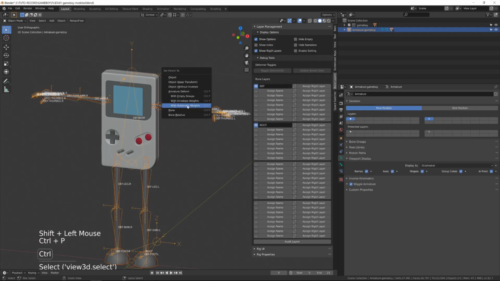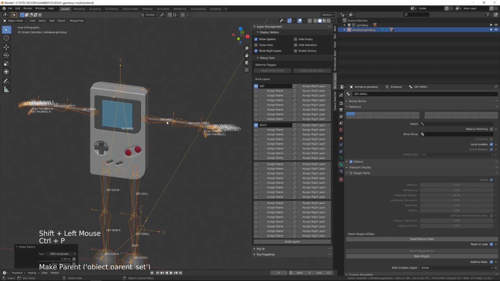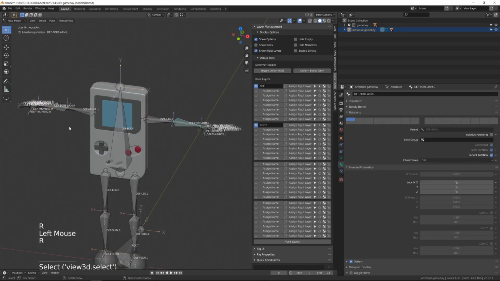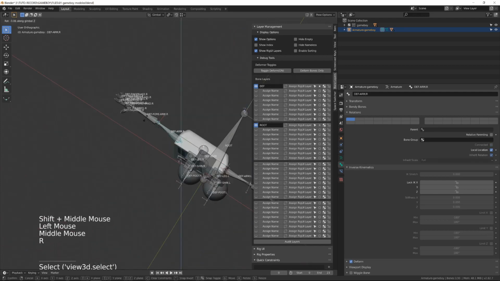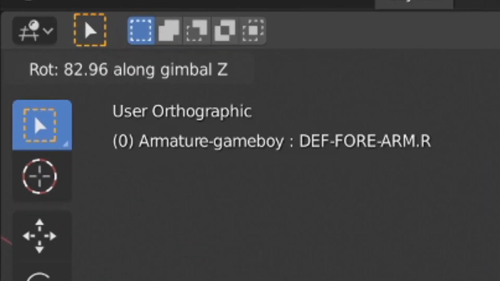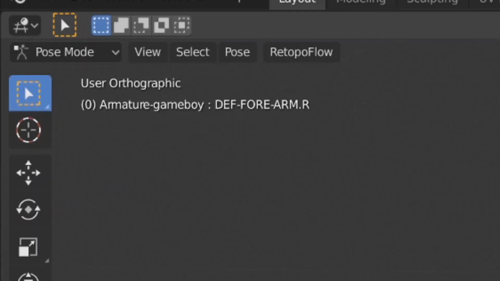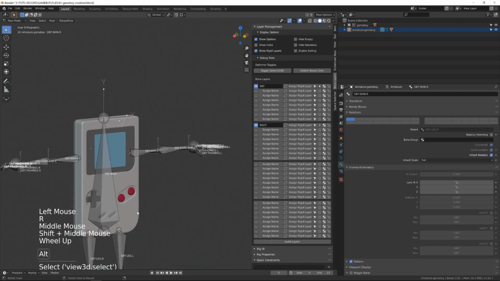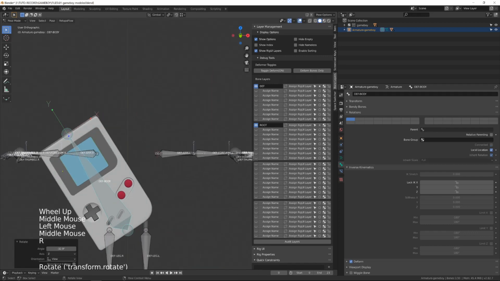Then I will go back into object mode, select first the limbs object, then the armature object and press Ctrl P with automatic weights. This will automatically add an armature modifier to the limbs object and create the vertex group corresponding to each bone and correctly bind the object to this bone. If you press Ctrl Tab to enter pose mode, you can now rotate the different bones and see how your character is behaving. If you have any bug, it generally means that you may have some naming problem.